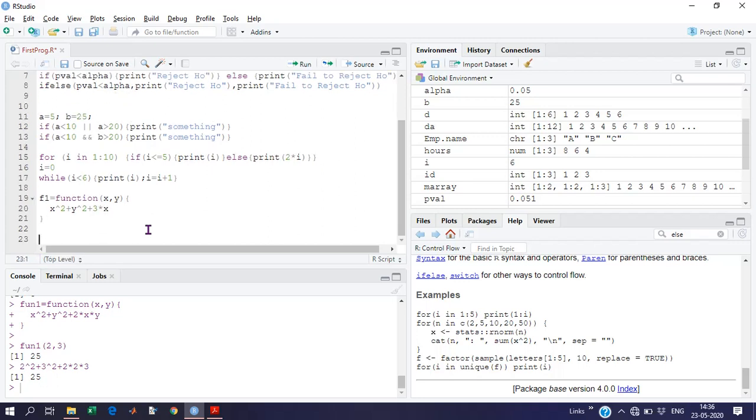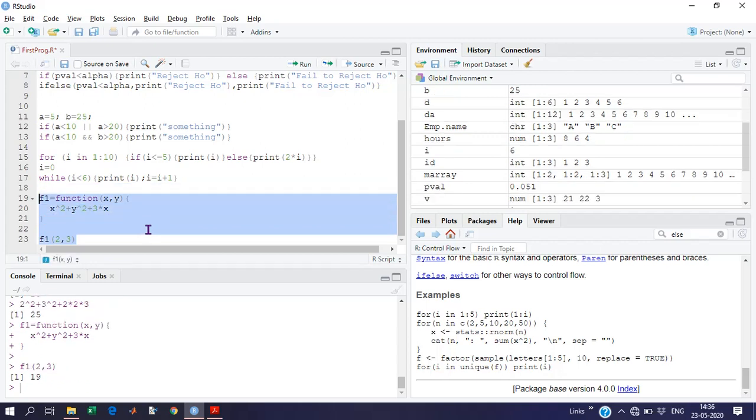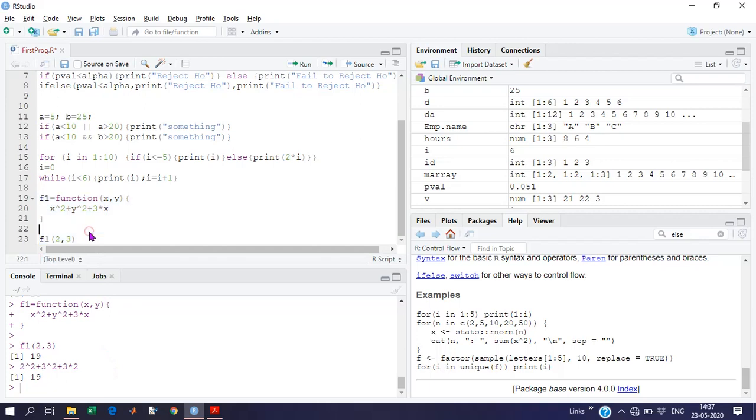Okay, now use that function f1 with argument list 2 comma 3 and run this. Control enter. So we got x square, 2 raised to 2 plus 3 raised to 2 plus 3 multiplied by 2, 19. So f1 is actually doing its job.